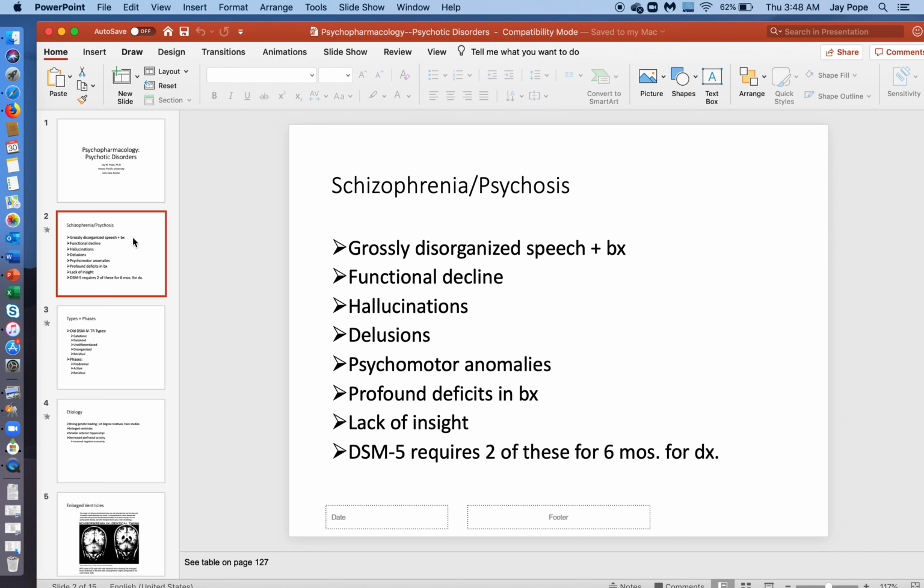So when people begin to withdraw a little bit from their everyday social interactions, when they begin to spend more time alone, when they stop grooming, showering, taking care of themselves, getting dressed every day, that's one of the first signs that someone may be beginning to have a psychotic episode. Most famously, schizophrenia is defined by hallucinations and delusions.